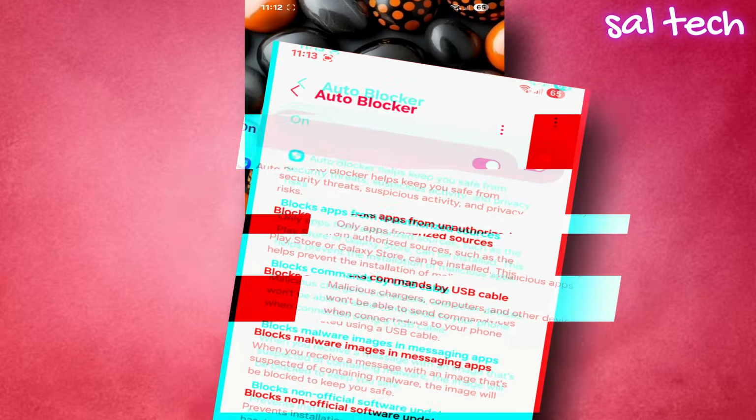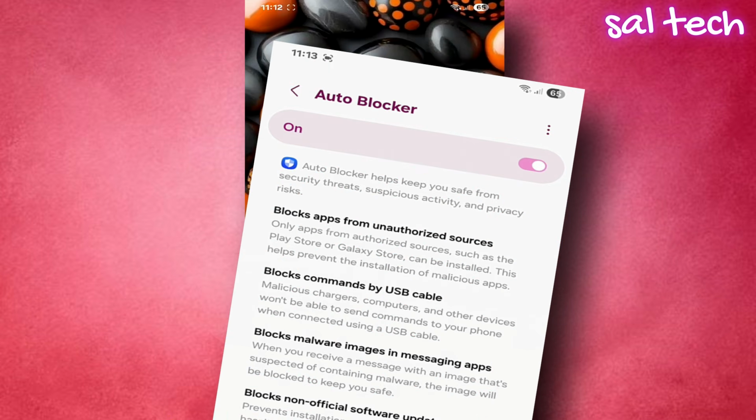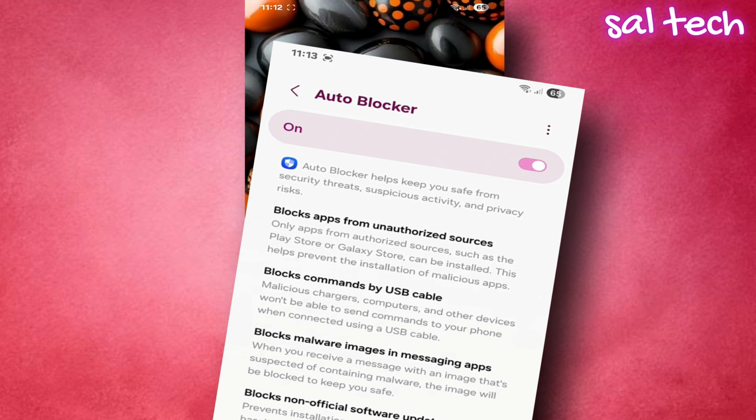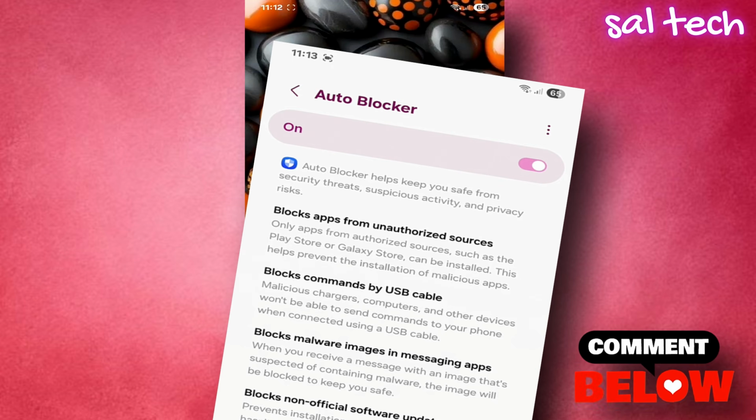In the end, Samsung's advanced protection is not just a regular setting, it's a complete security shield. It gives you peace of mind that even if you open something suspicious, your phone won't let it reach your data. But you need to understand the drawbacks so you don't get frustrated and choose the settings that suit your